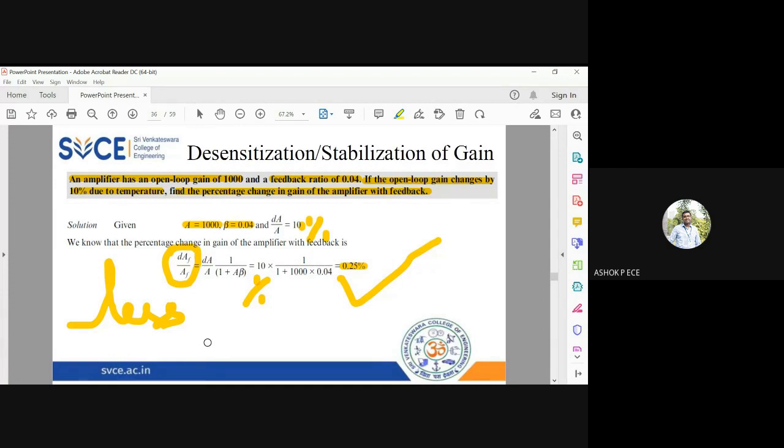That is the significance of finding dAf by Af. It will clearly say how much the gain is varying after feedback. dA by A says how much the gain is varying before feedback, or without feedback, and